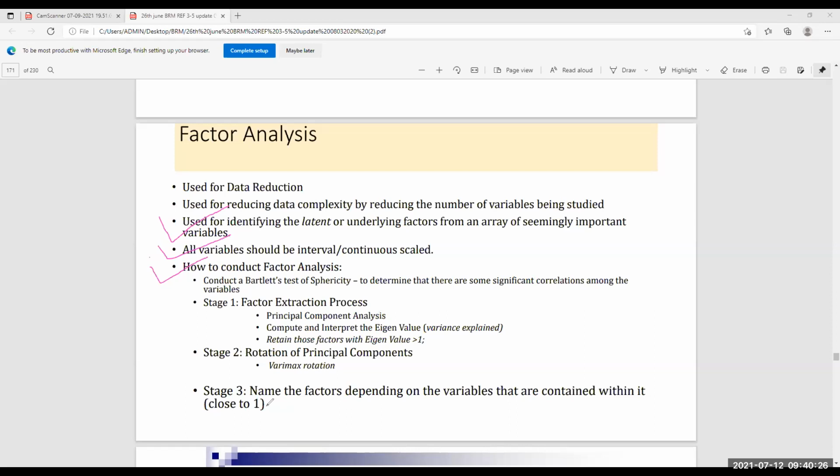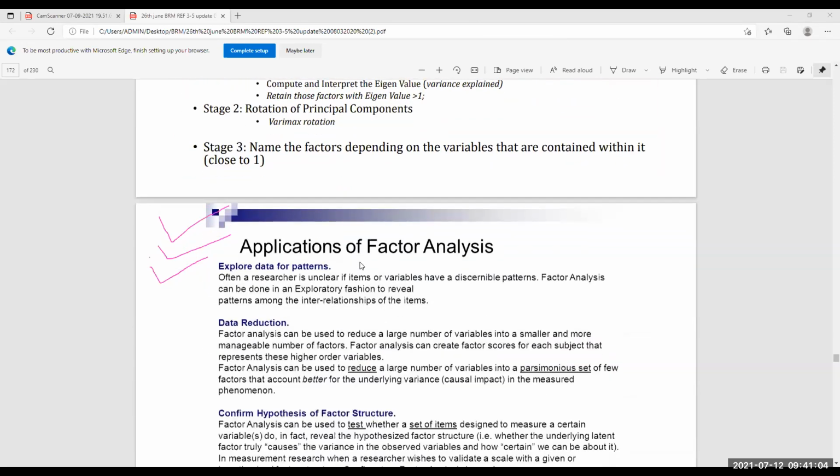We will see that. And then there's a rotation of principal components to be done using Varimax rotation. What are these factors? Again, recall your statistics class. There's a reason behind doing all these calculations. So in factor analysis, we are choosing the Varimax rotation. And the third step would be, once you get the factors that are coming out, you will have to name the factors. And this is the task of a business researcher. All right, number one, get the factors which have eigenvalue of more than 1, get the rotation of the factors done. And out of the rotation of the factors, you will see that the factors which have more than 1 value should be picked up and explored further.